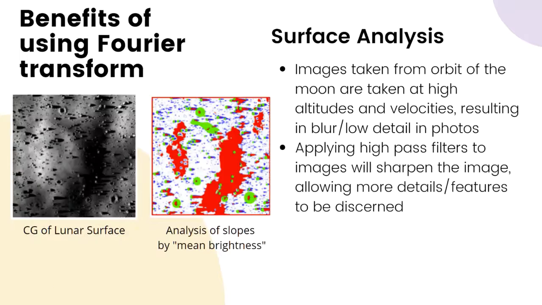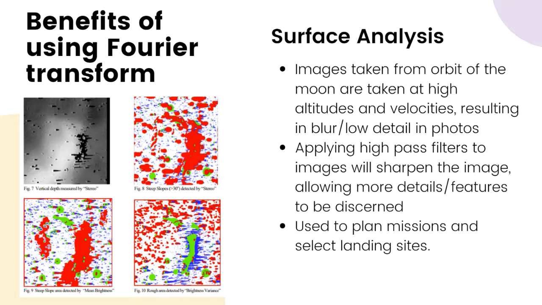obstacles might be critical. By applying high-pass filters over the raw data, the image is sharpened and more details and features are more easily discerned. The computer-generated image of the lunar surface will be the ideal output, as the image shows all details and high quality, and on top of it, further processing involving Fourier, such as the analysis of the slopes using mean brightness, can be performed. These techniques will be essential for planning landing sites for future lunar missions, as